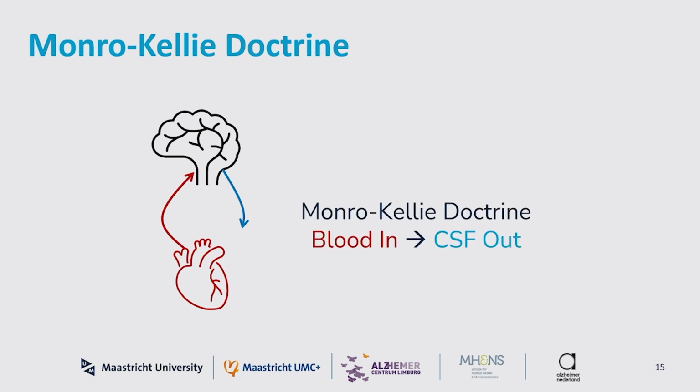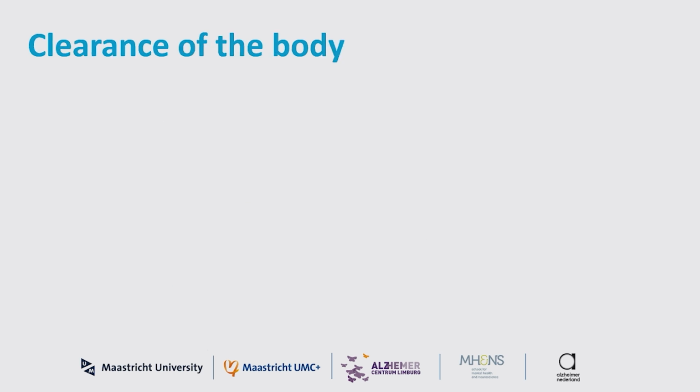This interchange between the blood and the CSF is coined the Monro-Kellie doctrine, where blood goes in and then CSF goes out. And this concept has been applied in this novel field that I mentioned before, which is the glymphatic system or the waste clearance system. Because cerebral spinal fluid plays a large role in this system, the Monro-Kellie doctrine is very important for this as well. So I'll talk a little bit more about the waste clearance system, but let's start with the clearance of